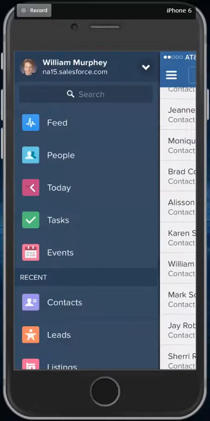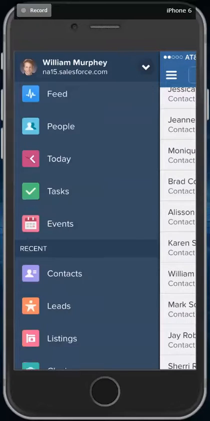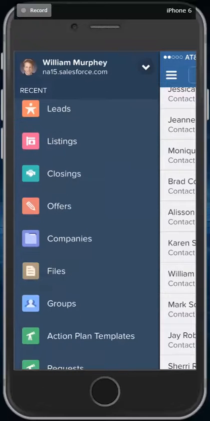Very easy. Now, what you'll mainly be doing is usually some transaction management. You're following up on a listing, you're following up on a buyer's request, you're following up on an offer, you may be following up on a closing. So everything's here at your fingertips, even though you're not in front of a PC or a Mac or you're at your office. You can come in and find all the same information as you find in the full non-mobile